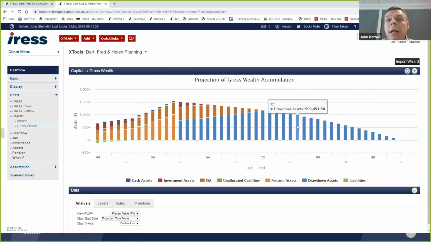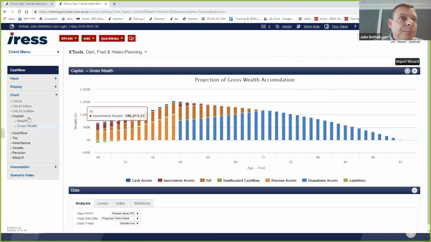Now, clearly, in a financial planning term, you would spend a little more time, to deliver a slightly more elegant solution of using personal allowances and whatever else, and you can do that. But again, in a very short time, I've taken you through a current position and a planning scenario, and I hope that starts to debunk the myth that cash flow takes time and is expensive. It needn't be. You just need to be focused on what you're delivering for your client.